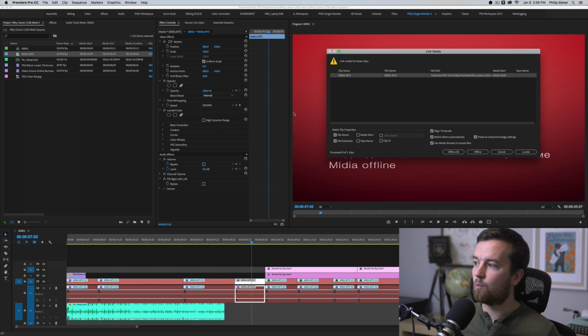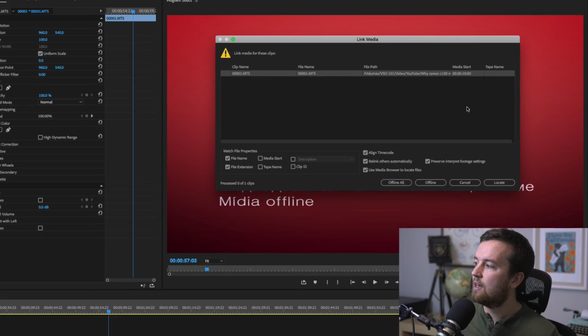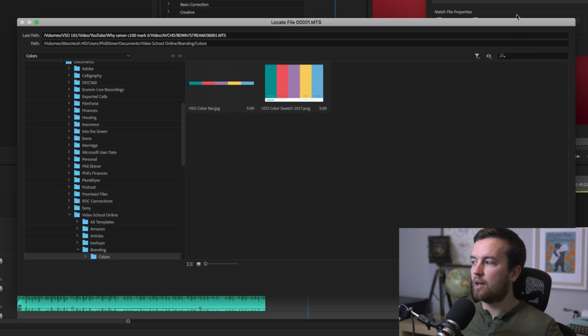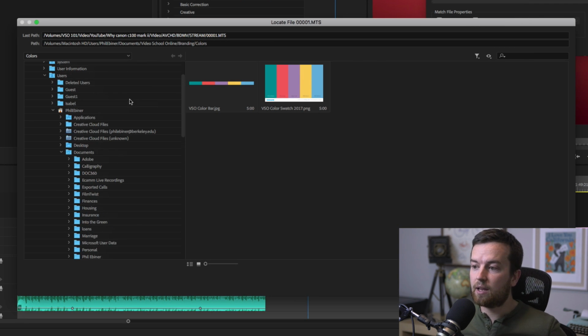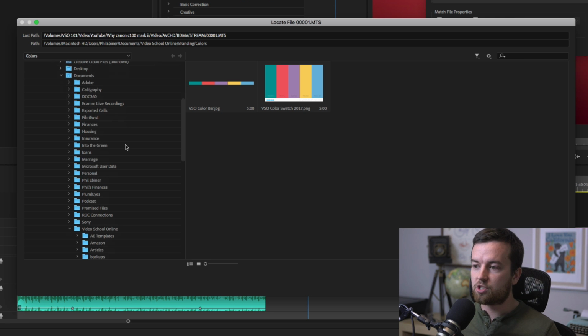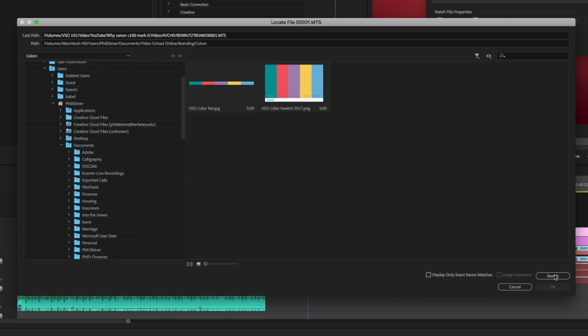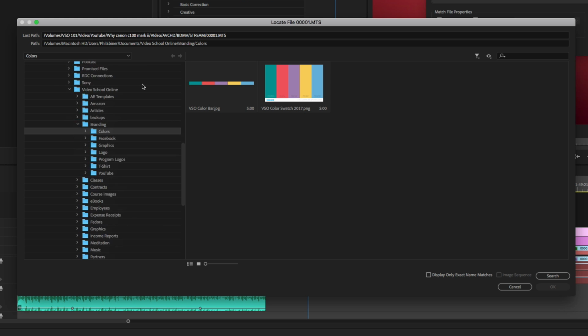In this project, I only have one clip that is not connected. And so what I'll do is select that clip, it's already selected up here, and choose Locate. So I want to click that Locate button so I can find or tell Premiere Pro where it is. You have two options now. You can either find it manually yourself in this folder structure that has opened, or you can let Premiere Pro do the work. It will help if you know if it's in a larger folder or a subfolder or on